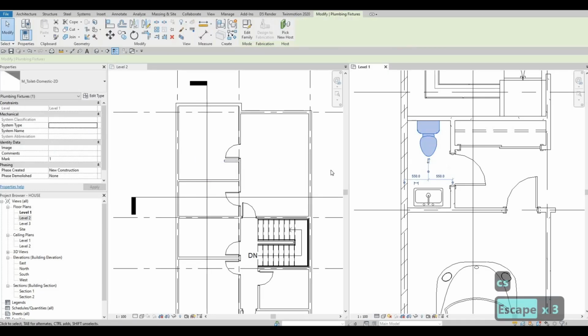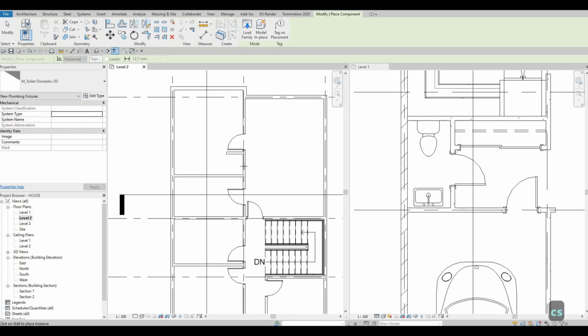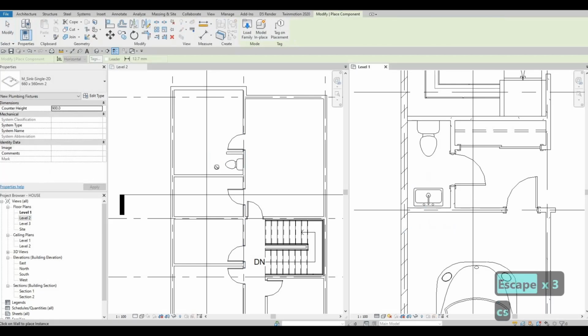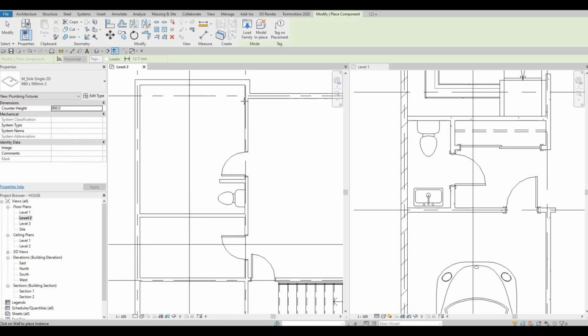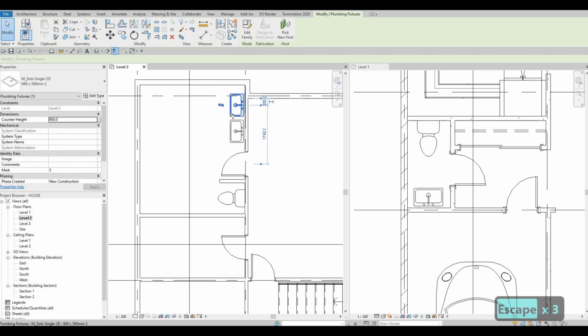So for example here, CS, and then click it on the other side, you'll be able to add it. Something like that. Press escape, do it again, select this, CS, and then now you just need to click on the level 2. So basically you're grabbing it from the other side, which is a lot faster. So that's some technique that we do on the office so that it's easy,